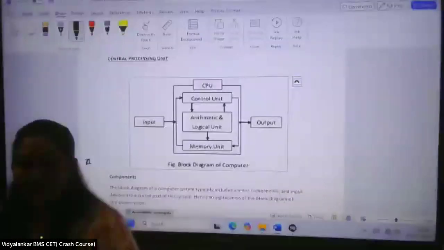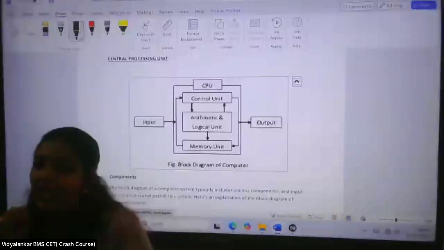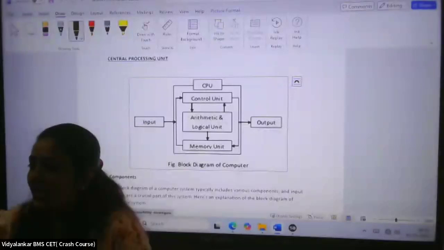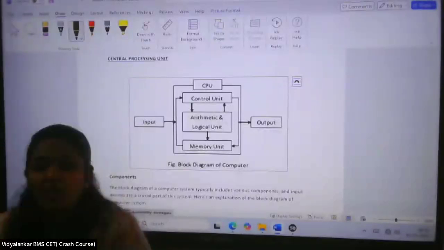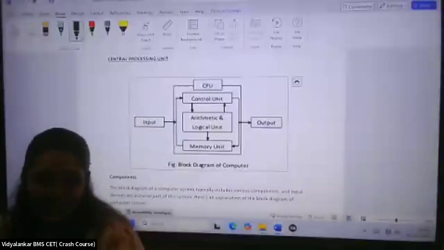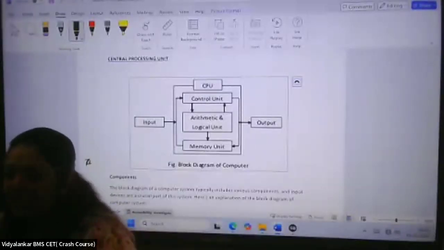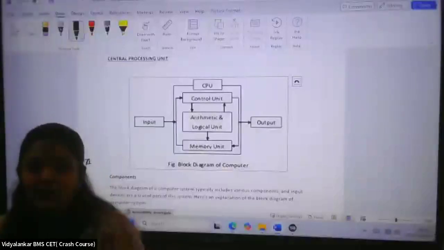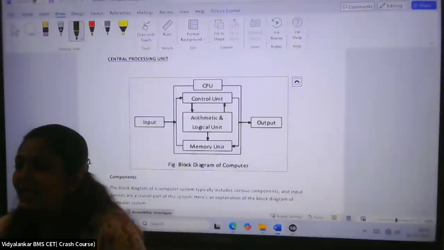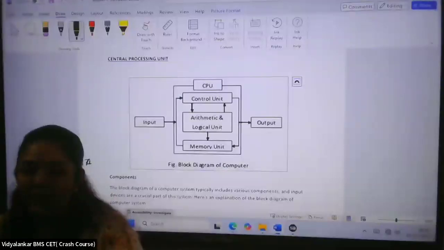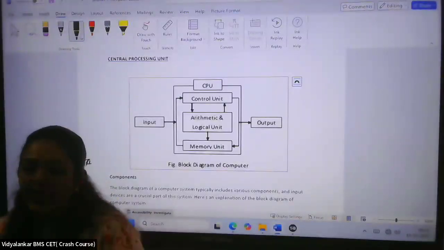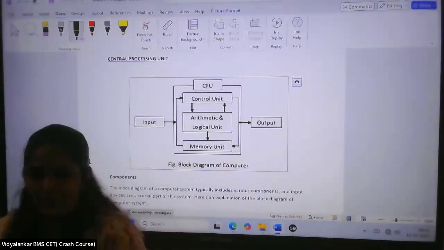Now see, I am communicating with you by a language which you understand. I have barriers, like I only know English, Marathi, Hindi, Gujarati. If you start talking in Tamil, I will not understand. Same is with the computer system. The computer system understands only one language. Do you know which language it is? It is called binary language. And binary means bi means two. Do you know what those two are? It is 0 and 1.